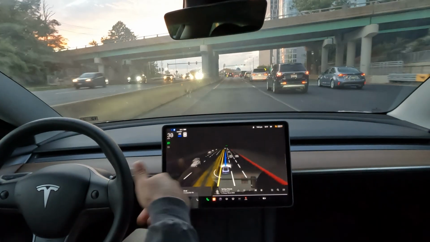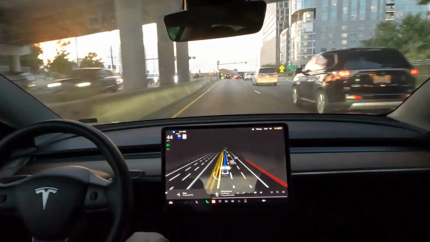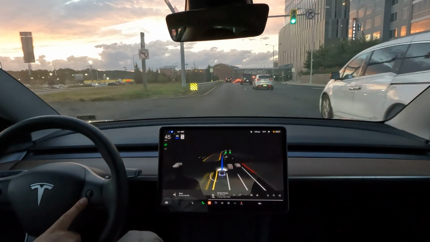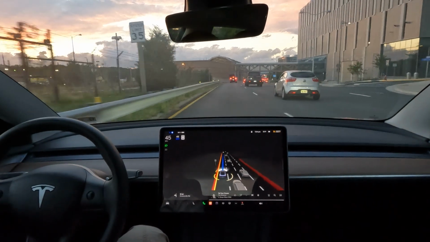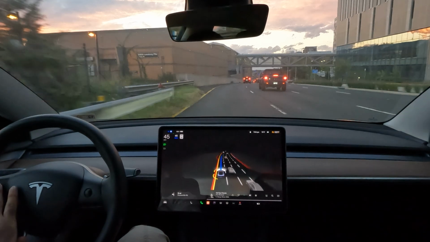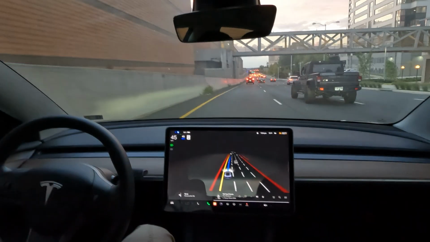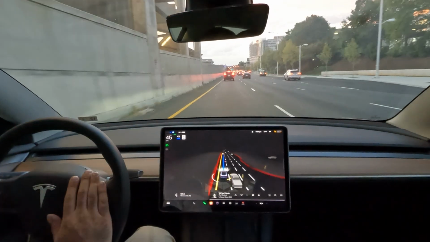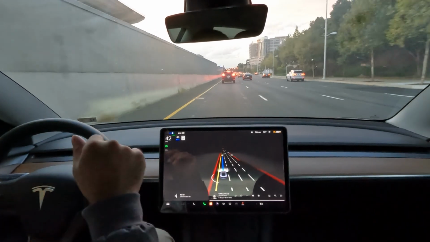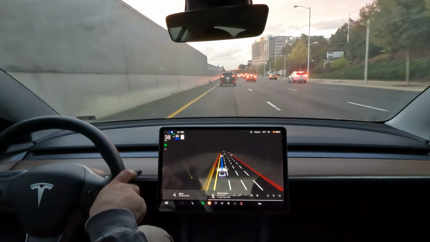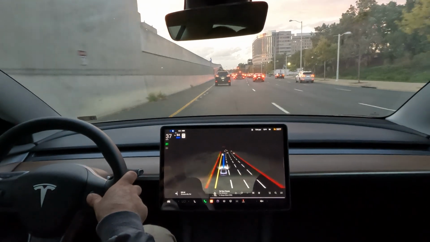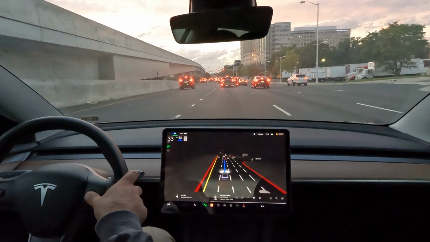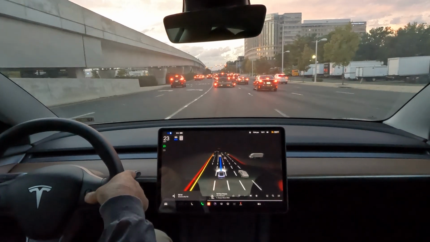All right, so you can see I've been on FSD for the past couple minutes, which is controlled by this right scroll wheel. The left scroll wheel is dedicated to your music, so that's going to be for your volume and to change the track. Your right scroll wheel is dedicated to your Autopilot settings. So speed is controlled by flicking or scrolling this wheel. Scrolling it gives you the ability to change it by increments of 1 mile, and by scrolling